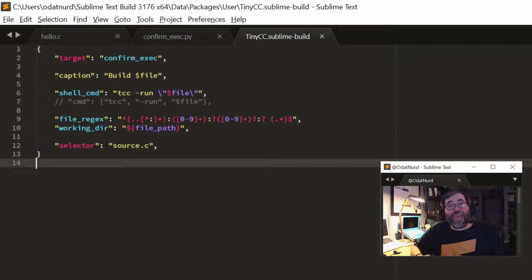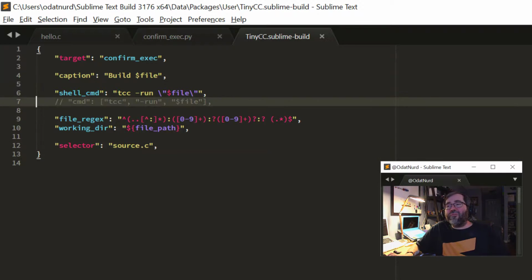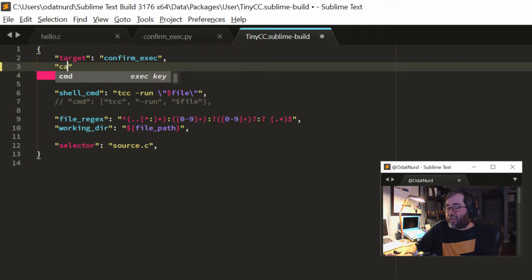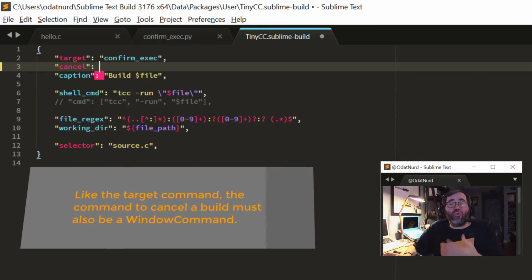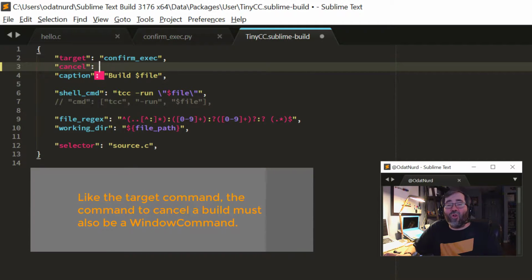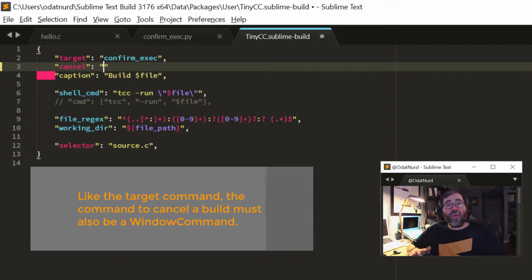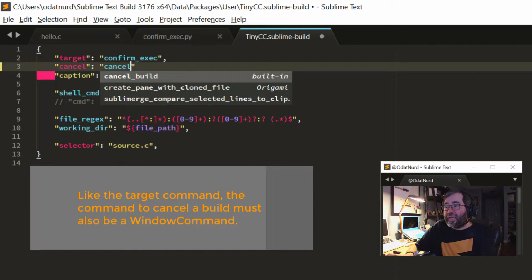And as it turns out, that is actually a fairly simple thing to do. There is a key we can add to the build file here underneath target called cancel, like so. And there are a couple of different ways to use this particular value. The first thing you can do is provide a string here that will be a command that it should run in order to cancel the actual build. So what we could actually do here is say something like cancel